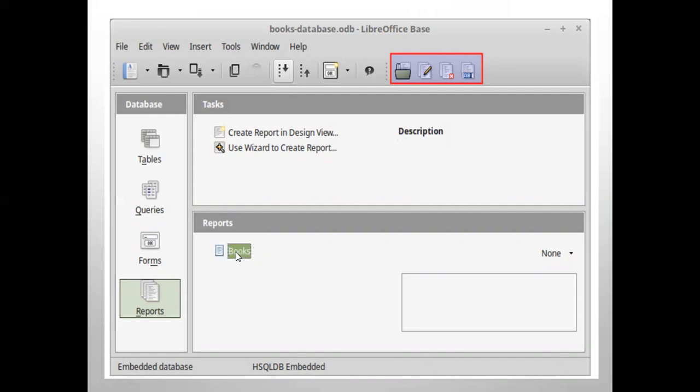Here you have to right click and choose accordingly. If you don't want the report, click on the report and delete it. If you want to change the name of the report, right click on the report and change the name of it. So this was the report creation using the wizard method.